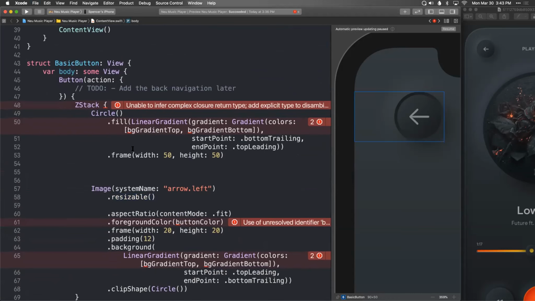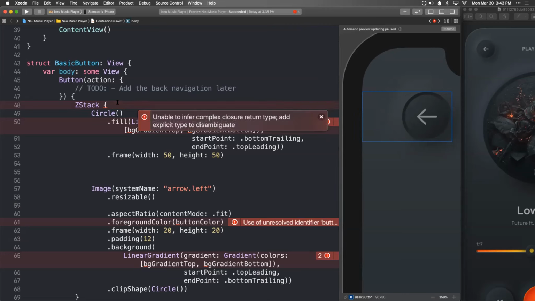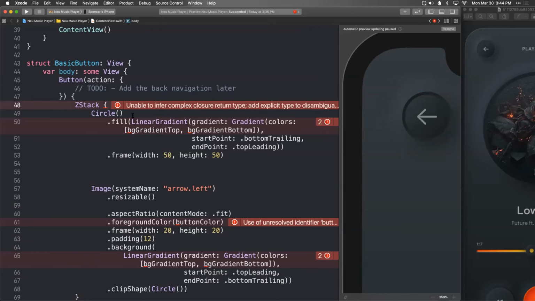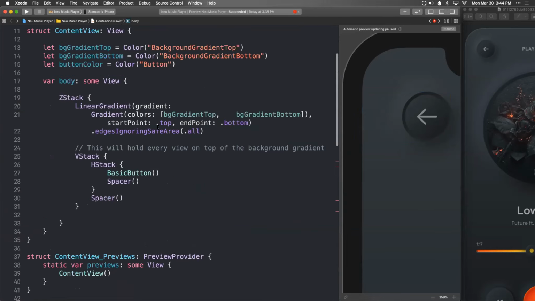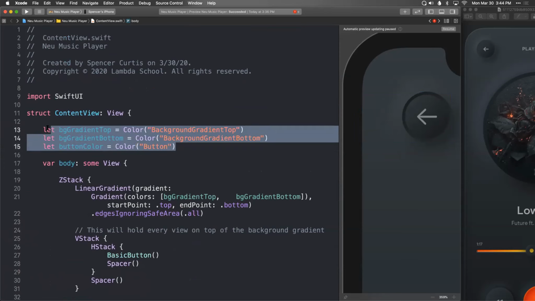And so we've got some issues here. The problem is, one, the errors that SwiftUI gives you aren't necessarily the actual problem. There's nothing wrong with this ZStack, but ultimately it's looking for these buttons that don't exist, or these colors that don't exist because they're in our content view up here. So what we could do is pull these out. I don't know if I want to make these global, but we could probably